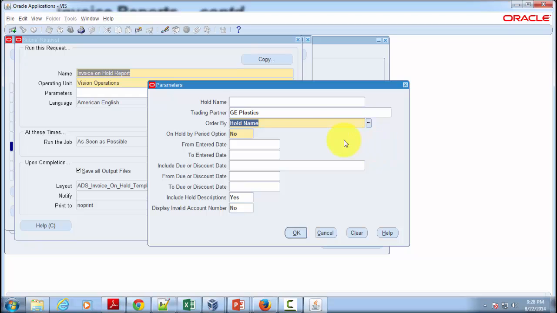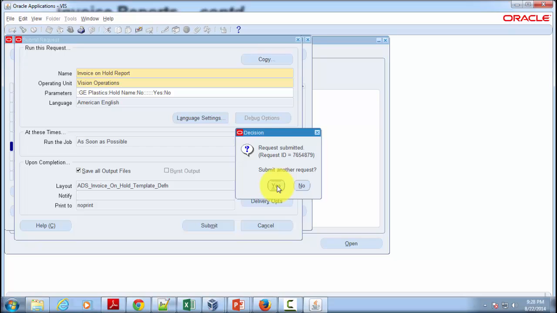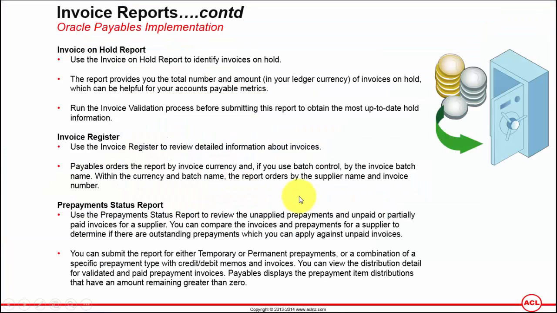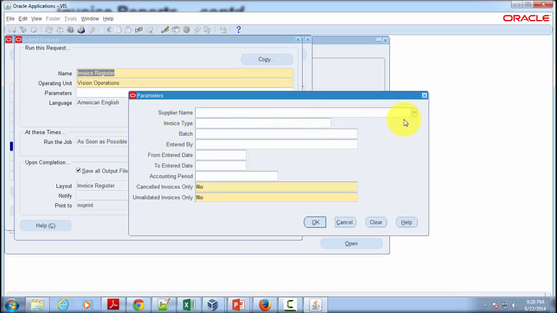So I'm going to give G Plastic, and I'm going to leave the rest of the parameters empty, which are more or less self-explanatory. And then I'm going to hit the OK button and submit, and then hit yes to submit the next report, which is invoice register, details about invoices for suppliers. You can choose a supplier name, so let's say G Plastics,